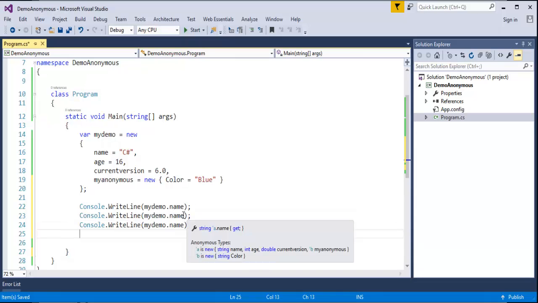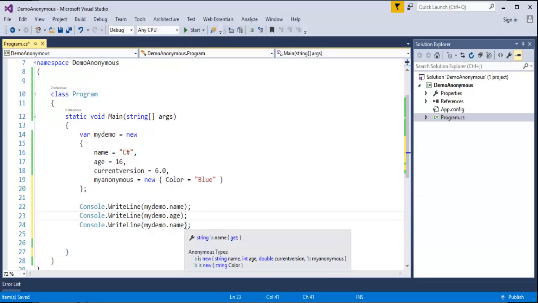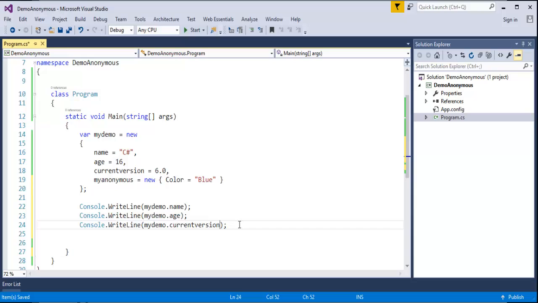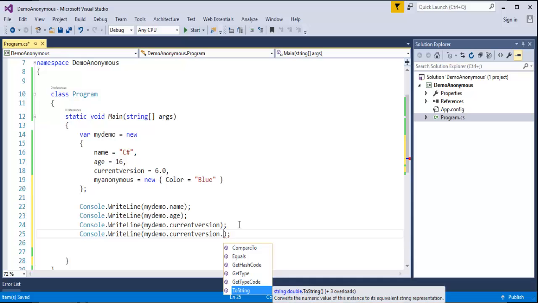Okay, I want to print the name. Now I want to print the age. And the current version, sorry, current version. And now if I want to access the property called color using my demo, how do I do that? It's very simple. My demo dot the current version dot, you can observe here I'm getting